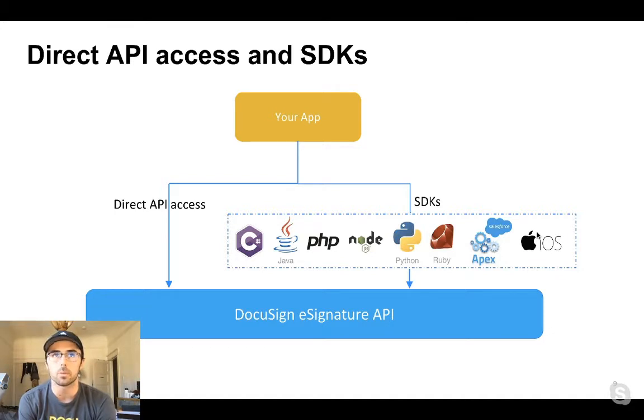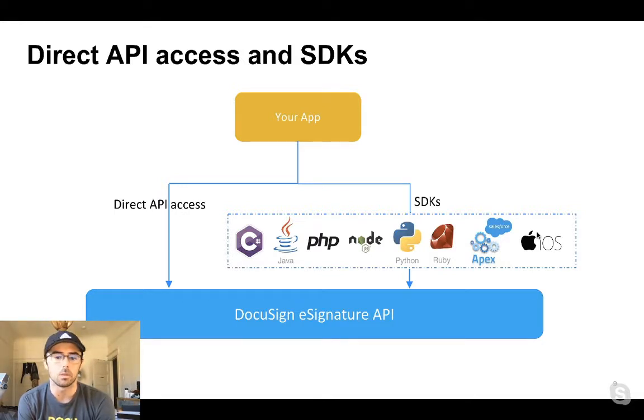For this particular route, you definitely want to heavily use our developers.docusign.com site and the API reference to figure out how to build up those envelope definitions, and I'll talk a bit more about this later. But our second option is very, very powerful as well, and that's using our SDKs. We have SDKs in most, if not all, major languages, probably any language that you're going to be developing on.